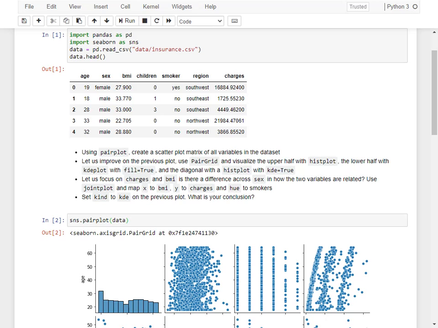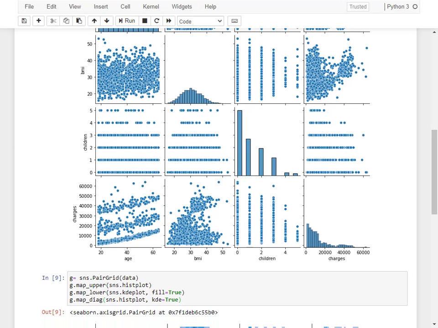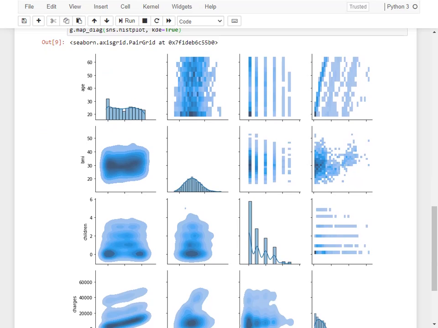Now next, let's focus on charges and BMI. The question here that we want to explore is whether charges depend on the BMI and whether this dependence relates to the person being a smoker. We actually hypothesize this relationship here. You see the two blobs here, so maybe one blob belongs to smokers and one blob belongs to non-smokers. And if we separate them into two blobs, maybe there is a relationship across one of the blobs. So here we can use